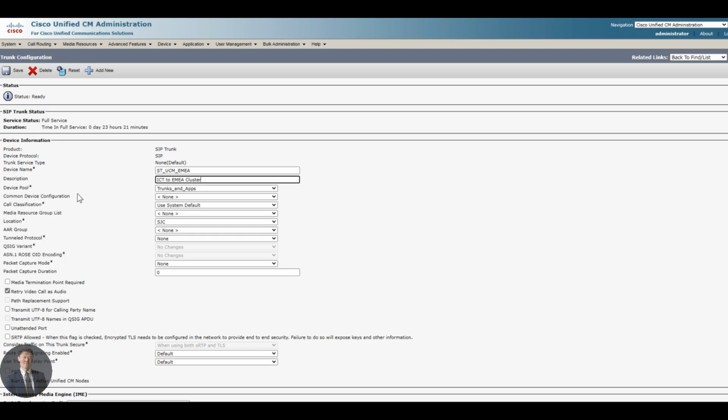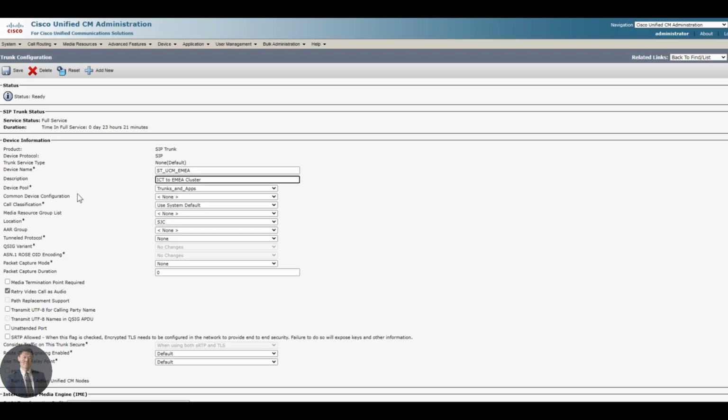The maximum of 3 clusters makes sure that the topology of a full mesh of SIP trunks is manageable. If more than 3 Call Manager clusters are required, then adding a Call Manager Session Management Edition, SME, is recommended to simplify the topology to a hub and spoke topology with SME as a hub and all other